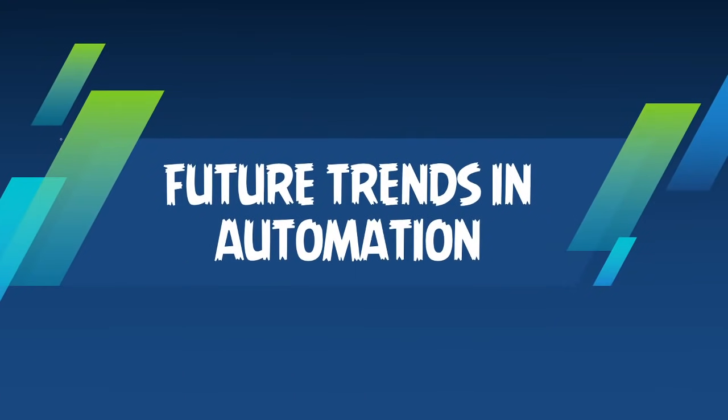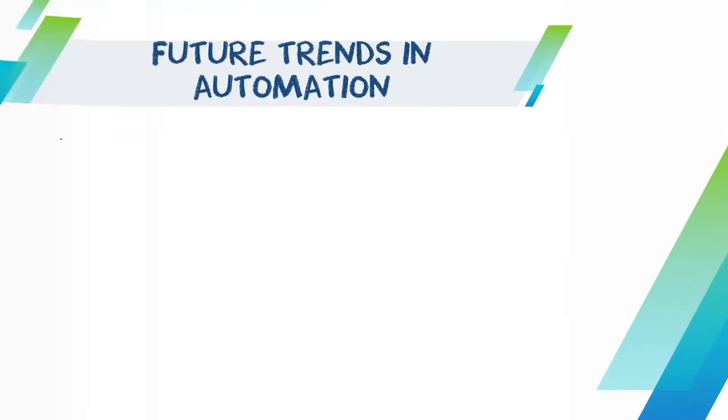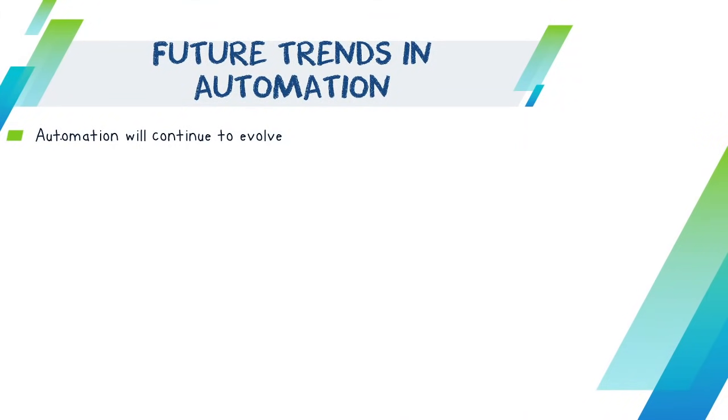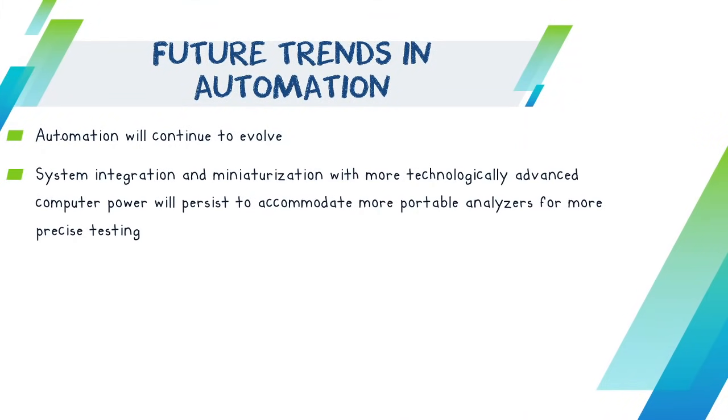So now, for the last part of our discussion, what are the future trends in automation? So automation will continue to evolve, yes. System integration and miniaturization with more technologically advanced computer power will persist to accommodate more portable analyzers for more precise testing. This is actually true, especially